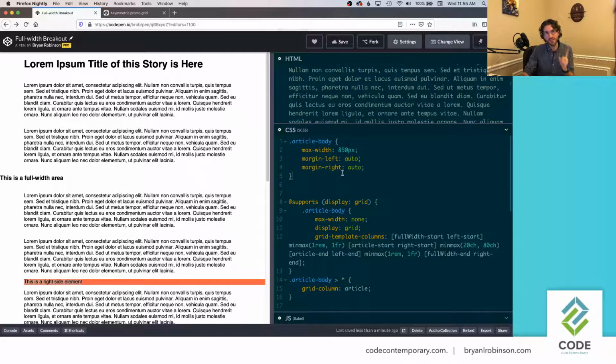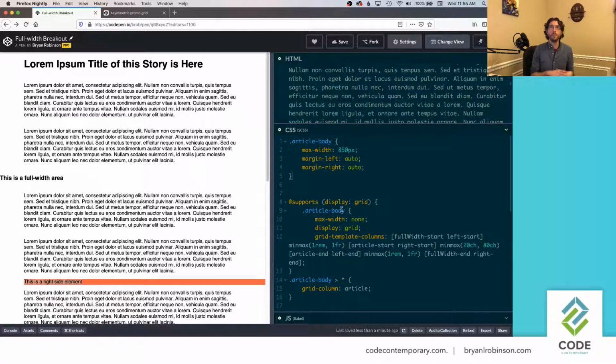Because as it turns out, and this is one of my favorite points about support queries, Internet Explorer 11 and Internet Explorer 10, two browsers that don't support grid, also don't support feature queries. But this code works because browsers, if they don't understand CSS, fail quietly. They just look at this block, say, I don't understand it, and don't run it. And we didn't want them to run this code anyway,